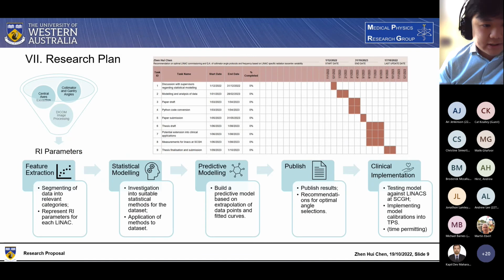And this is my research plan. So at the start, I'll be getting all the raw data for the collimator and gantry angles. We'll be extracting the central axes and processing all the DICOM images. And through that, we will get all the radiation isocenter parameters, of which we can do our statistical analysis on